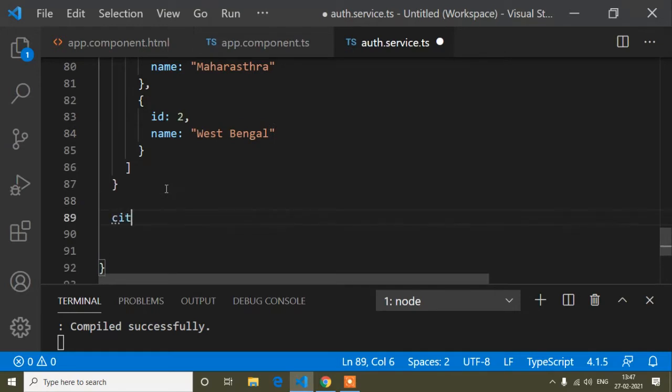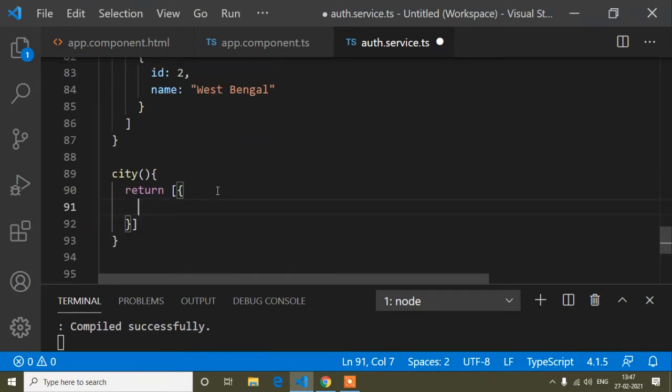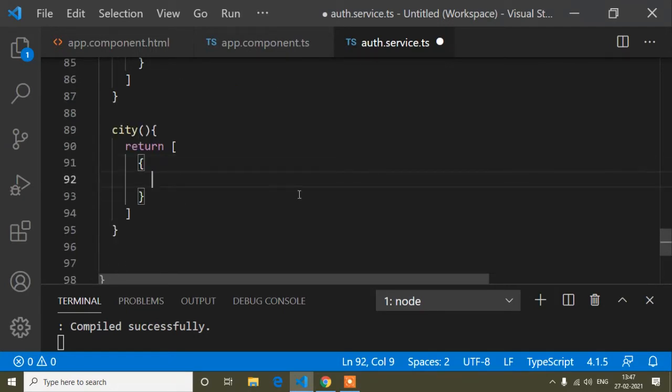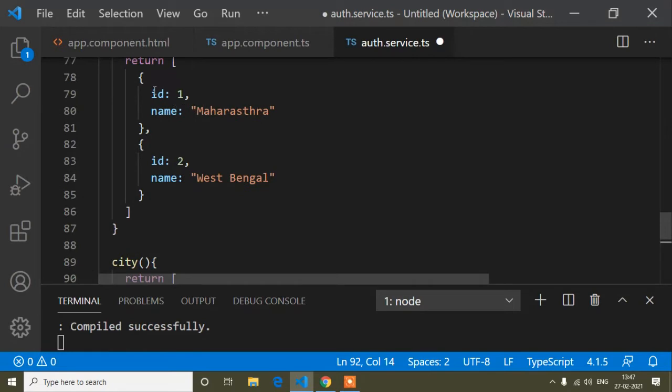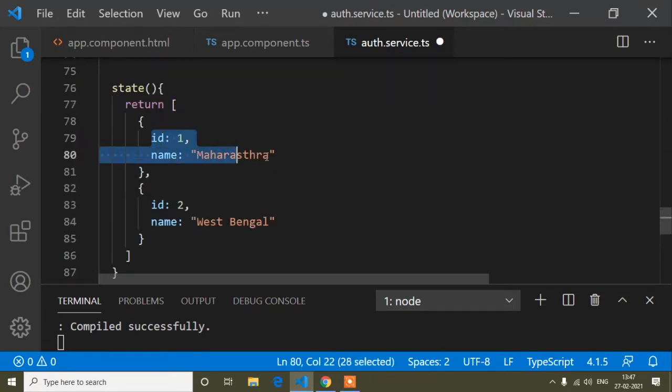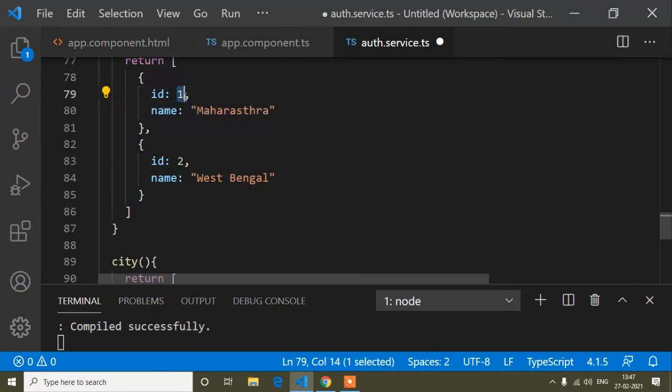In the same way, I will write city as a method, and here the same way I will write the return keyword, an array and an object. Now the first city: first of all I will write the ID. The ID is 1 because I'm making cities for Maharashtra, and the Maharashtra ID is 1.